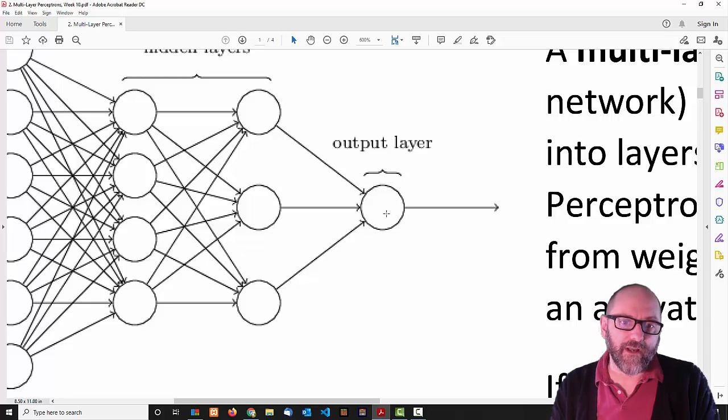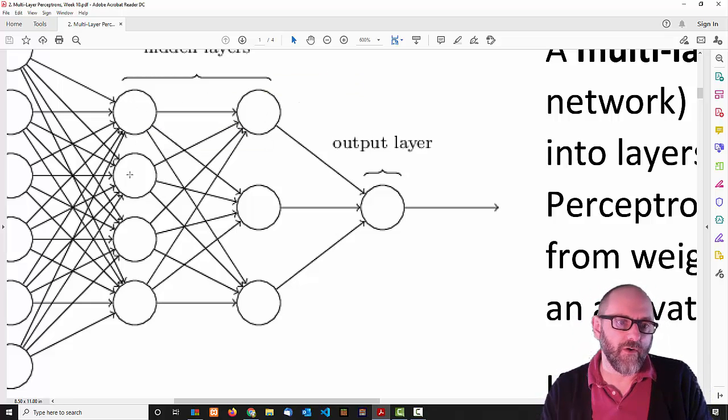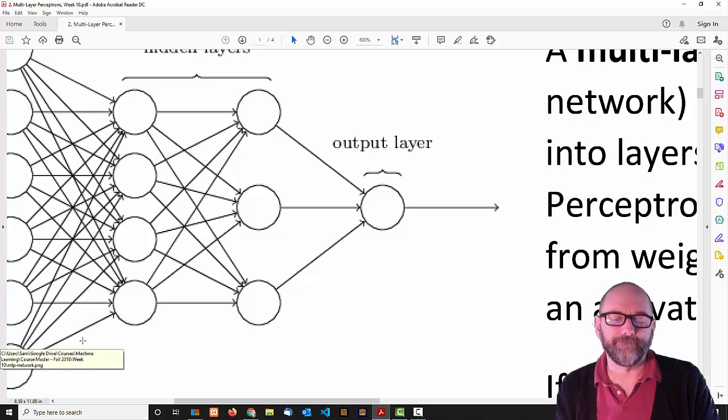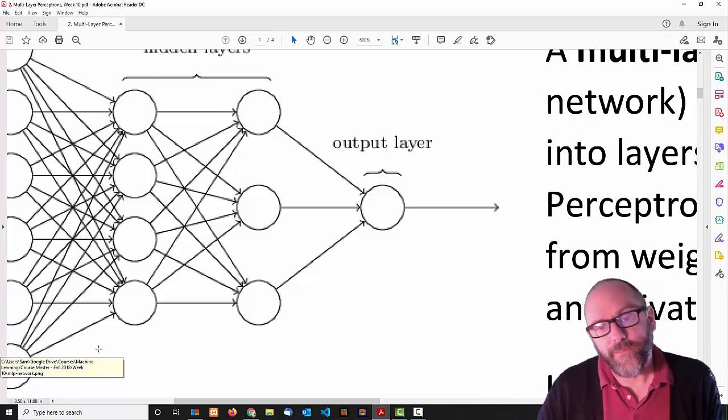So because of that, we're able to train this layer of weights, but then we're stuck on this layer because we don't know what the target output of these nodes is. And that was kind of the sticking point. And same problem back here. We don't know what these nodes should be outputting, so we can't easily train these weights that come before it using the same algorithm. So what was discovered by multiple people, including